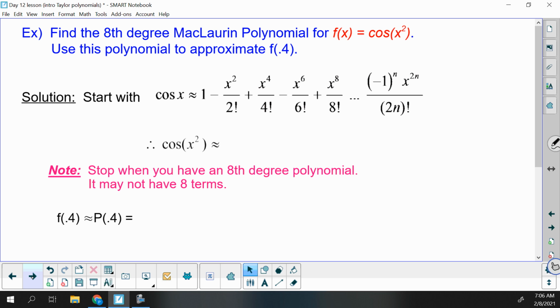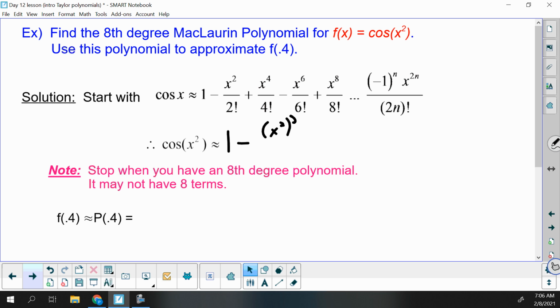So we're going to use the idea of using something we know to find something new. We want to find an 8th degree Maclaurin polynomial for cos x squared. Well, cos x squared is just cos x with an x squared filled in. So we've got written out here our cos x Taylor or Maclaurin polynomial, centered at 0. So what we're going to do is just everywhere there's an x, we're going to fill in